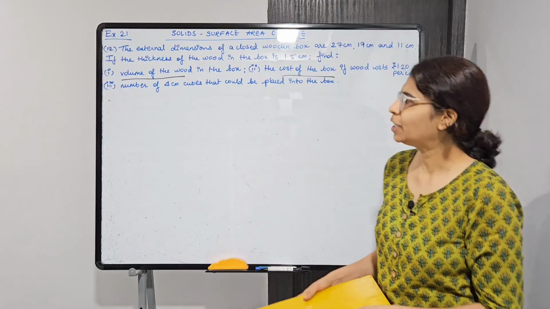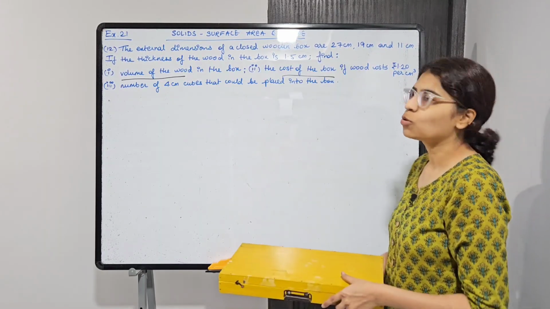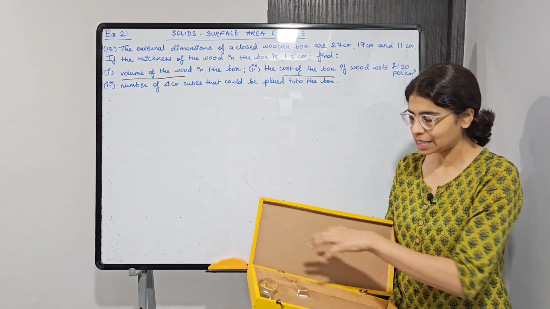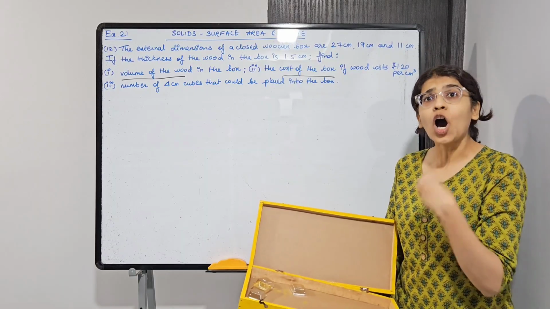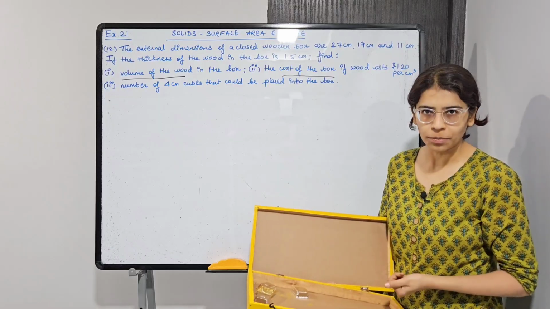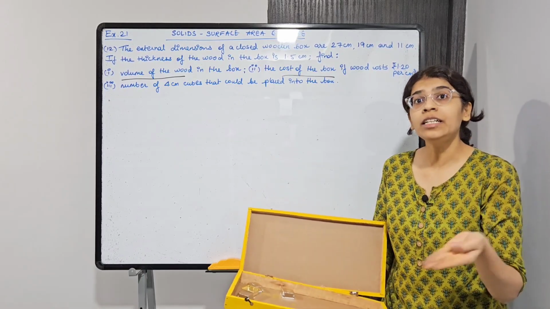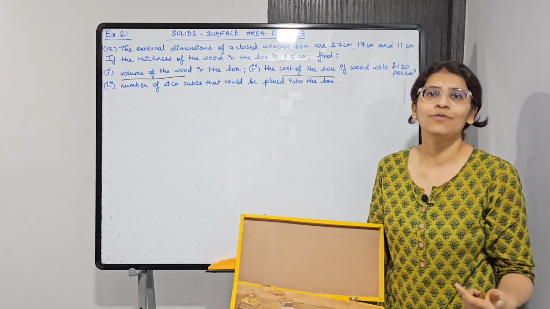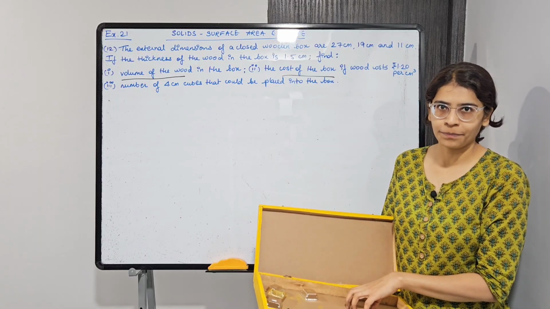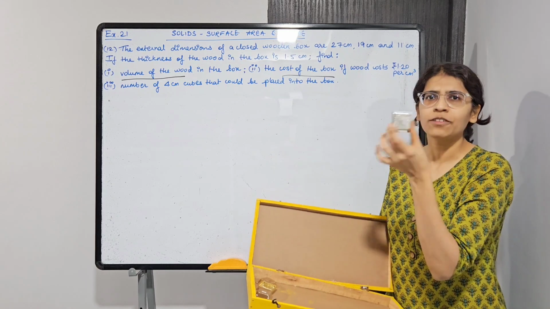For third part, we need to find out the number of 4 centimeter cubes that could be placed into the box. So there is this same wooden box and 4 centimeter cubes are to be placed inside this box. How many such cubes we can place inside this box, we need to find out. Inside the box place कर रहे हैं, so you will consider internal volume, not external volume. Okay, so box का internal volume comes into the picture. Let's say these are perfect 4 centimeter cubes. Just assume कि ये 4 centimeter cubes है.